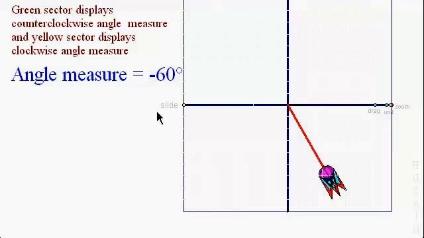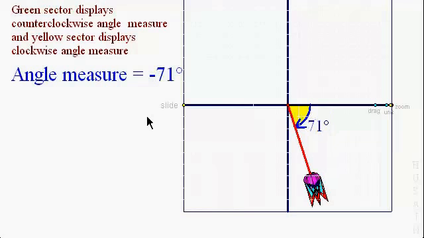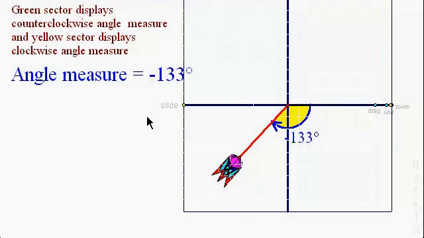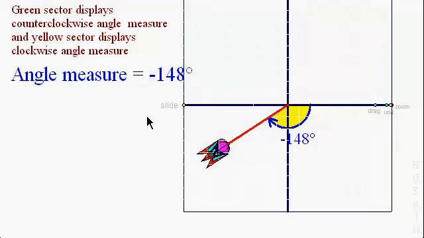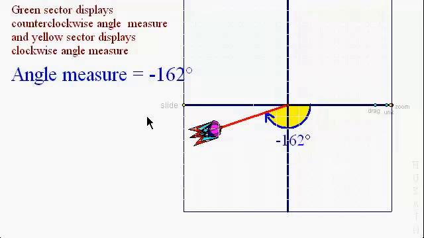If we continue moving in the same direction, you will see the angle measure is negative and the terminal ray is moving in the same direction as the clock's hands move. So it is clockwise. When the angle is in the clockwise direction, the angle measured from the initial ray is measured as negative